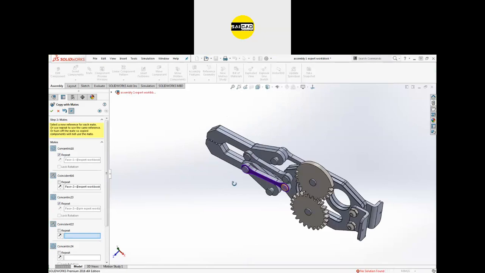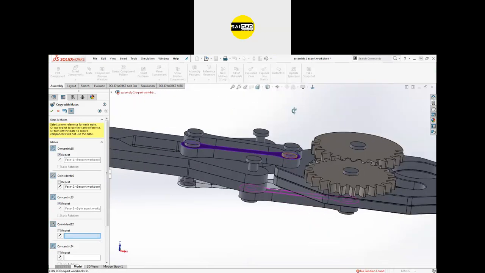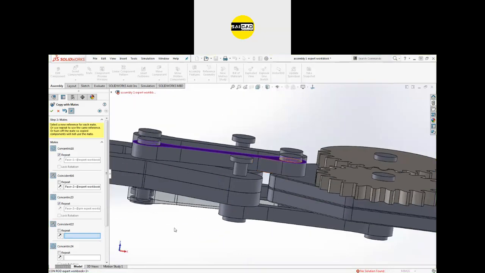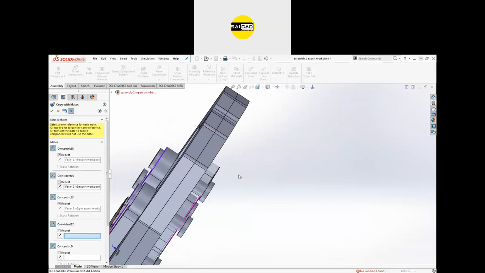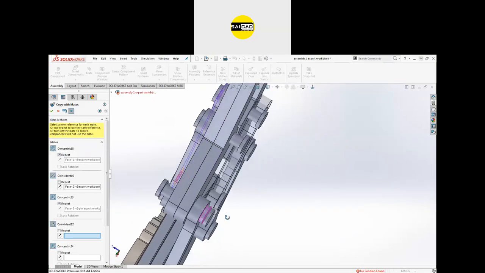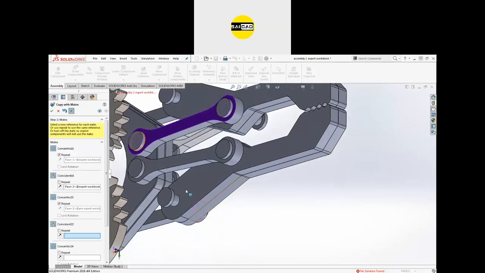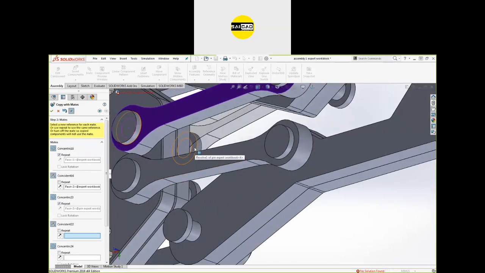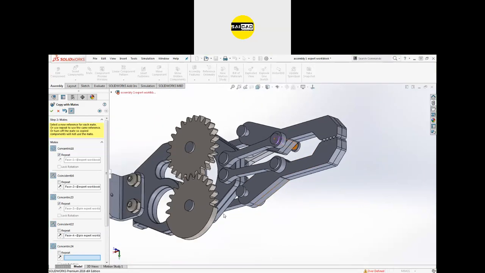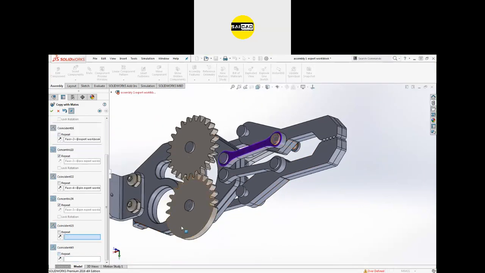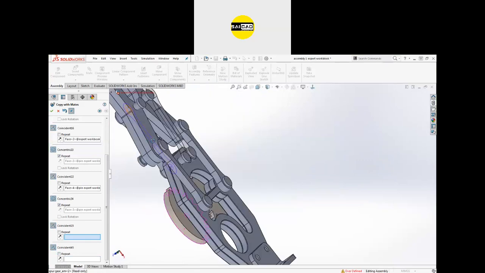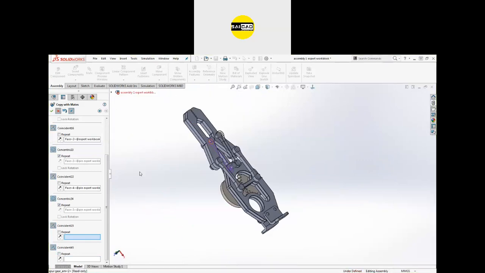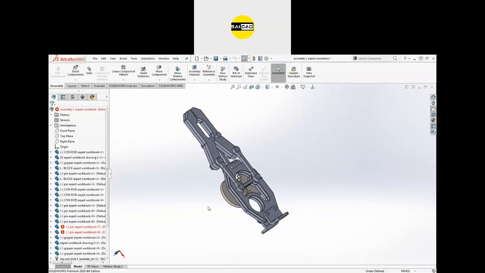Okay, so the next face is from the pin. Just select the face of the pin like that, and we have to just repeat that. I don't know why there are so many constraints applied, so we can just remove those constraints from it.